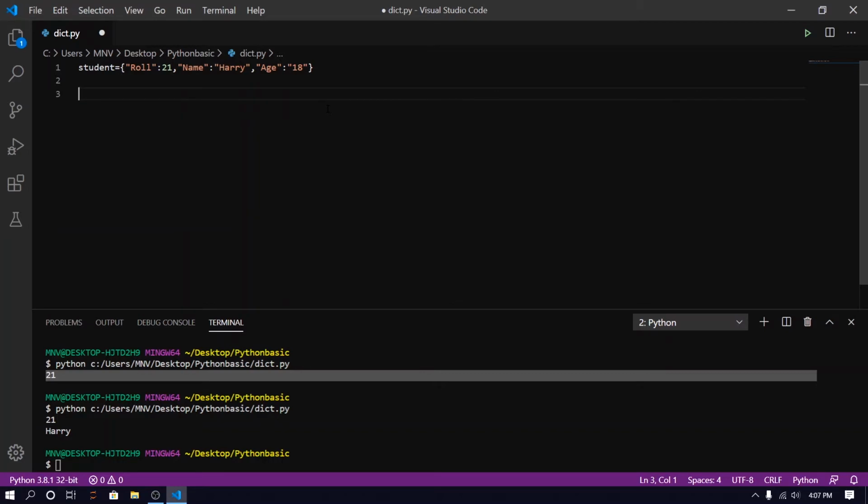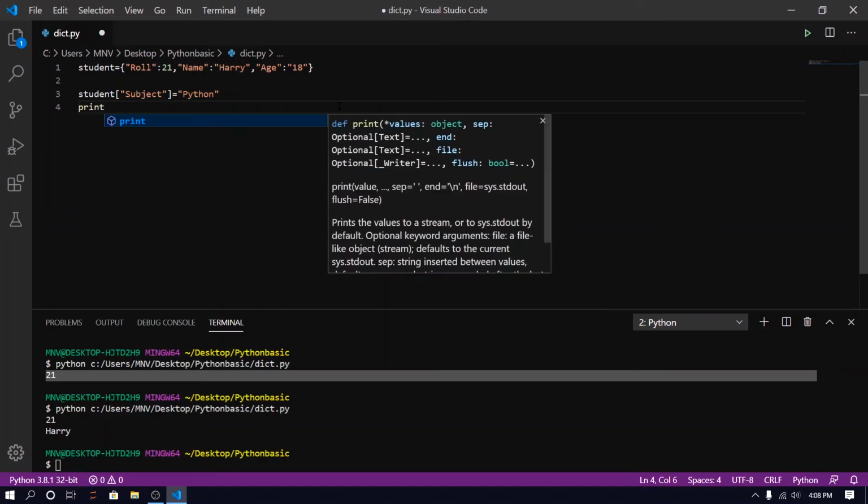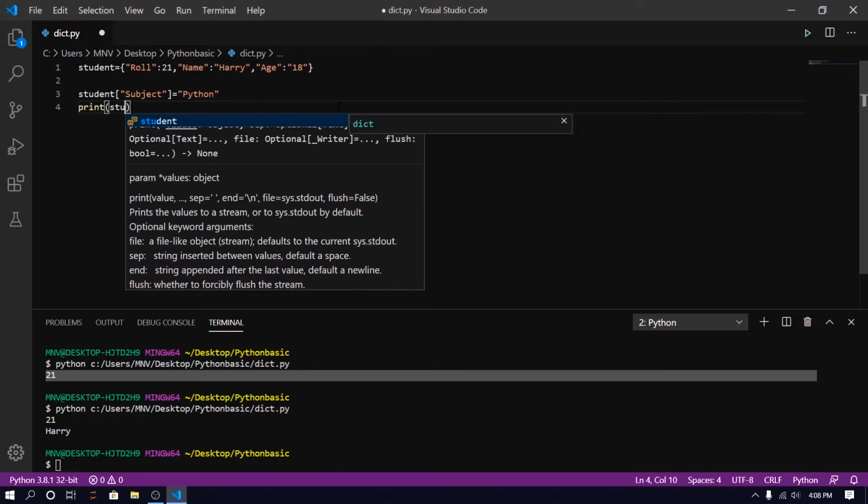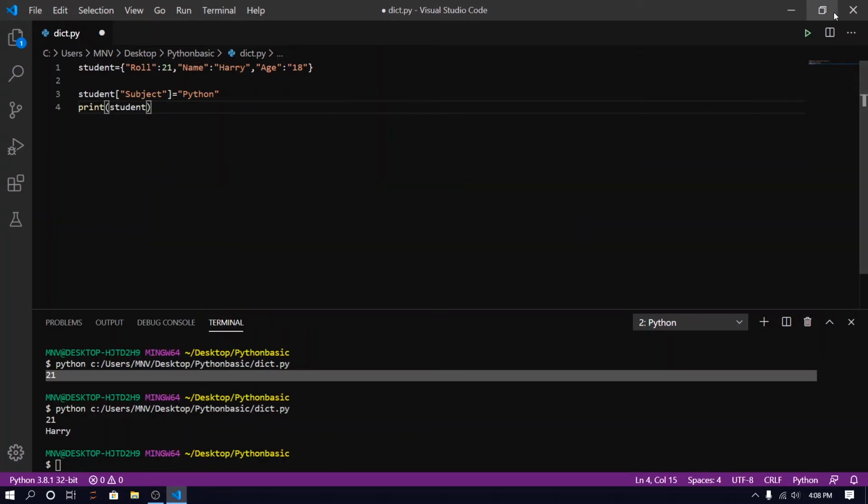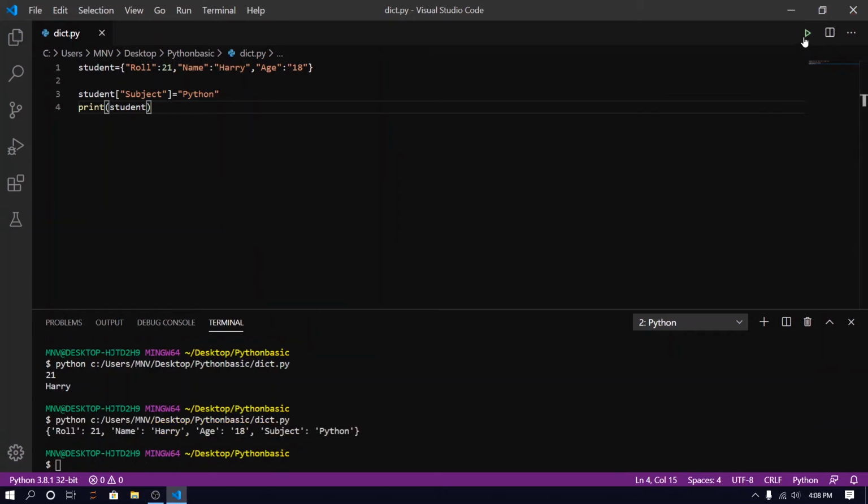We can use it like this: student of subject, and we assign Python. Now I will print the student dictionary, and we can see that the subject is added in our dictionary.